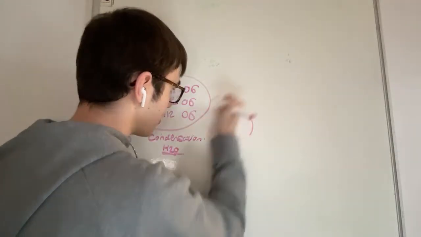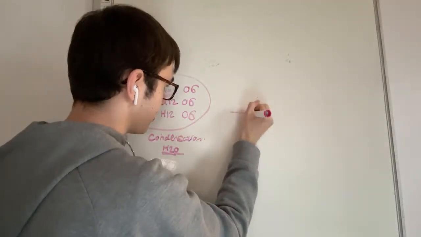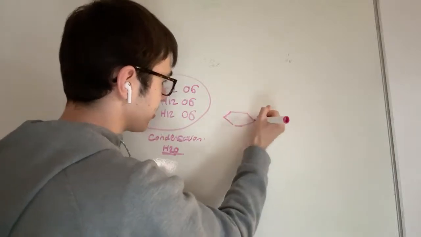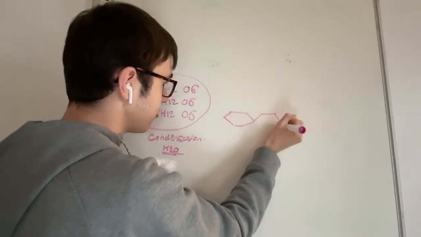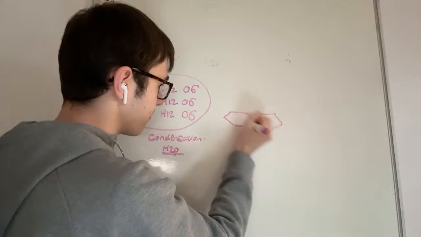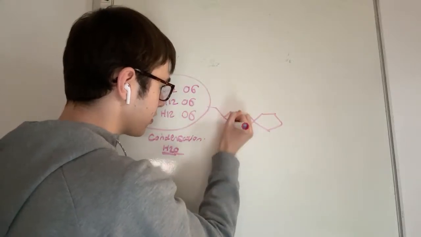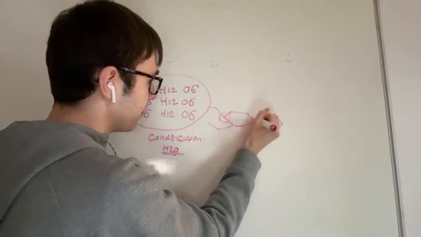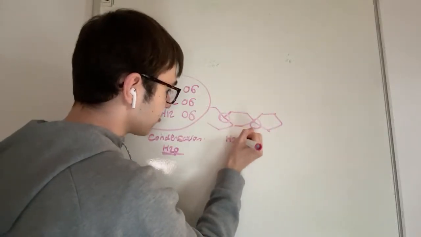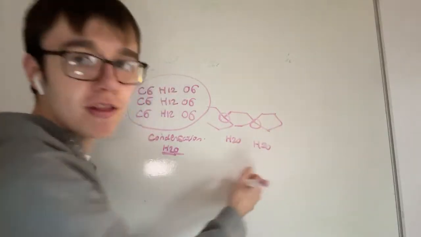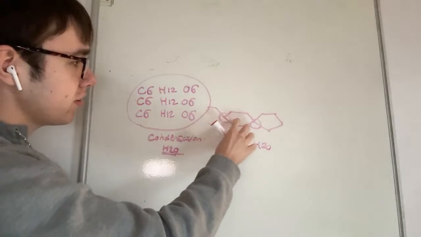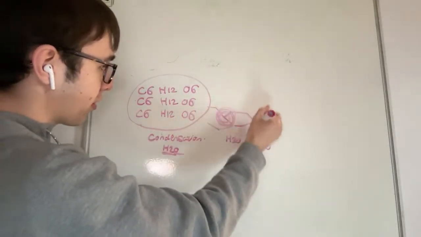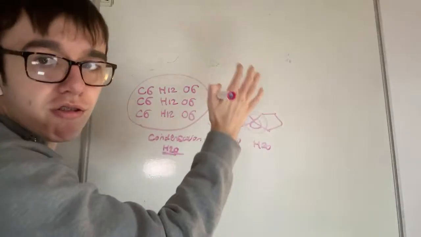I'm not that good at drawing, I'll be honest with you. Basically, if they're joined up like this, you are going to need to subtract from the formula 2 H2Os. If it's joined together in a chain of 3, then the condensation reaction is occurring there and there. So that is 2